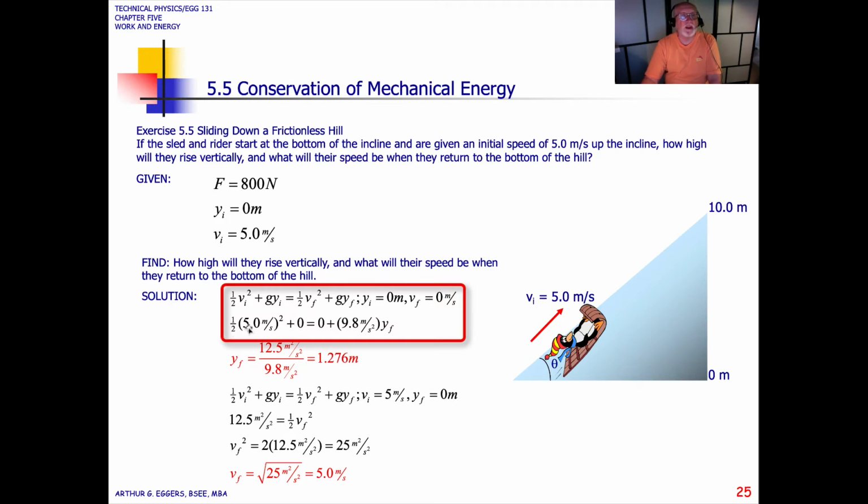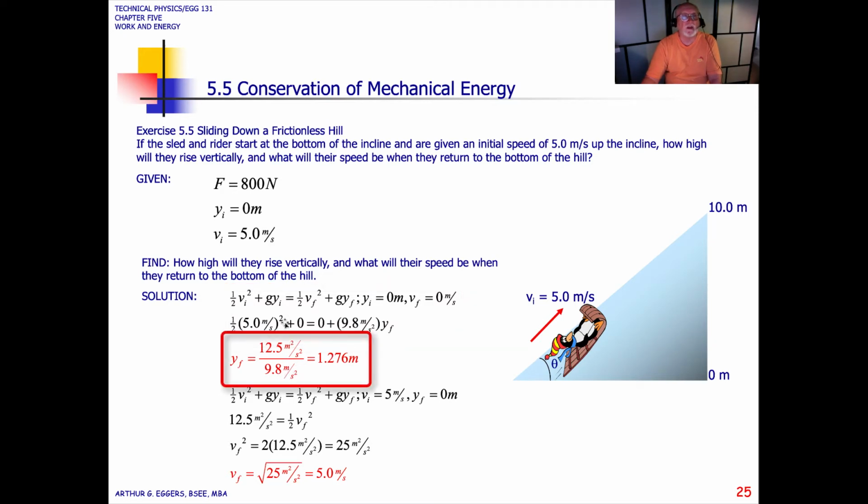And so, again, we start putting our values in. We start looking for where we can combine terms. Look at the units. Once the units start playing out, you know that we've got values that we can combine. So 12.5 meters squared per second squared, 9.8 meters per second squared,